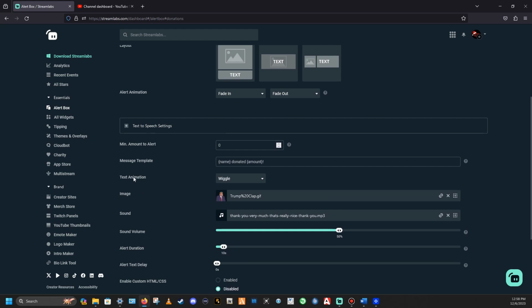So now right down here, your text animations, you could choose if you want it to do like a wiggle, or go through and just check each one. You can see what you like, what you don't like, and you can do that by testing them. So you can click on one, save it, and then go up to your test, and have your Streamlabs desktop pulled up, one of your scenes, make sure it has the alert box in it, and you can test it, and it'll pop up on your screen, inside your Streamlabs desktop, so you can see how it looks. And again, you can just test them,